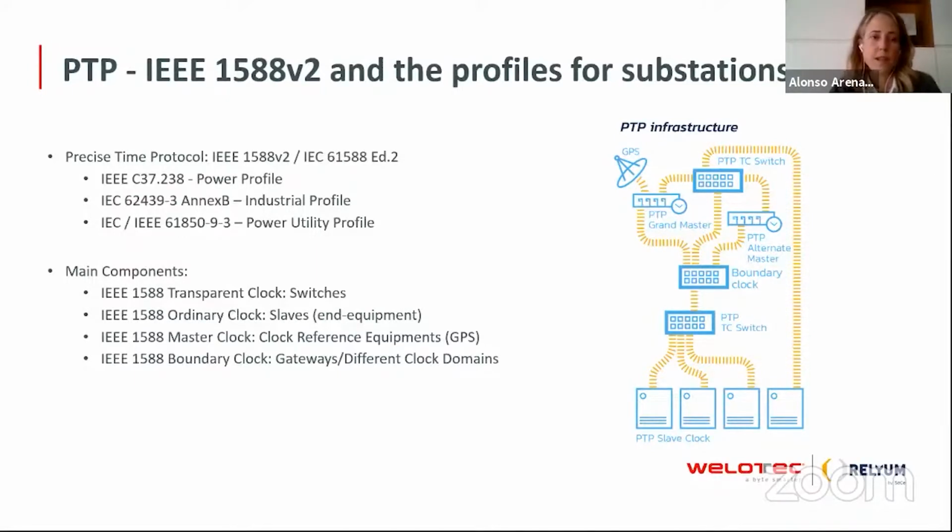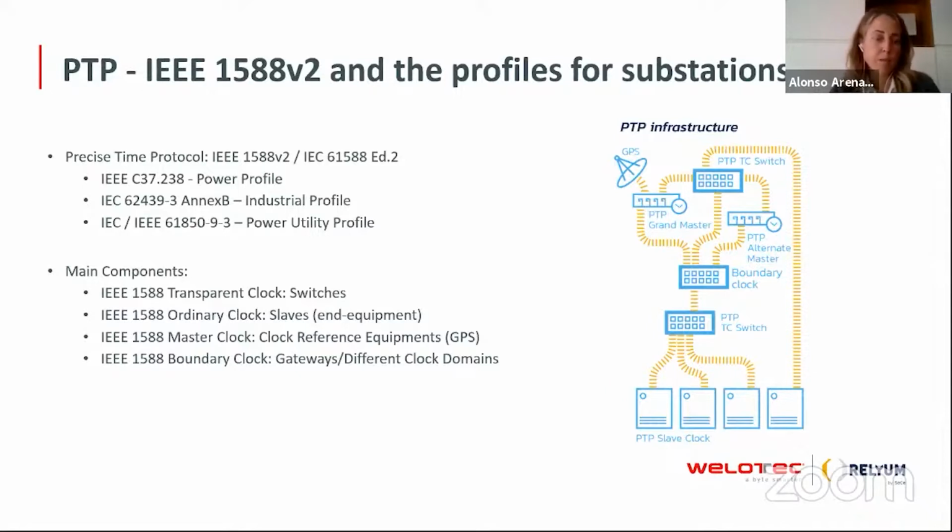This document defines how synchronization works in general terms, and the profiles explain how it is implemented in each sector. So for example, for substations, the standard that explains the implementation of PTP is known as the power profile, and it's defined in the document IEEE